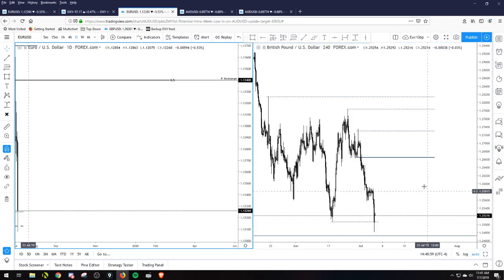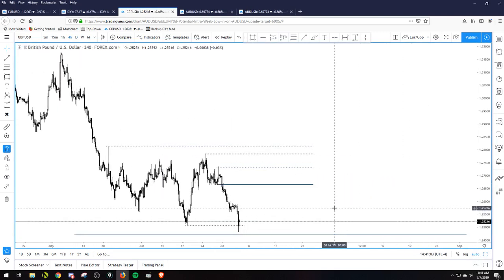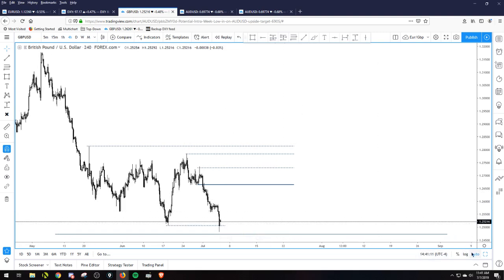And just to confluence that, the same thing with pound. Like we were talking about, it is making bearish market structure on the daily. So that's why we're not really looking for pound longs over euro longs. But it did SFP this low, and it's starting to push up. So at the same time now, I don't really want to see pound drop any further. But if it does,